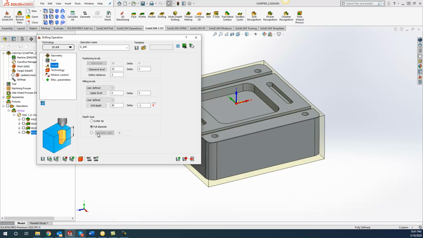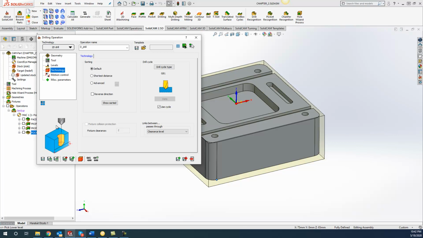Now, this diameter value comes in handy if you were doing a spot drill operation. What you can do is use a larger spot drill, like a 12mm spot drill here, and tell it to do it right up to a certain diameter size. So it is a nice functionality in there for you guys. So now we have our upper level as well as our drill depth. Like I was telling you guys before, if you want full associativity, just go ahead and click on that face there, as well as our bottom face there, which gets our 50mm as well, and now they are fully associative.